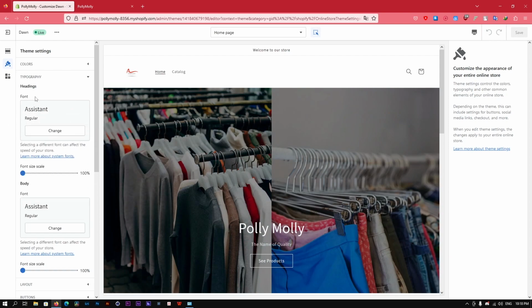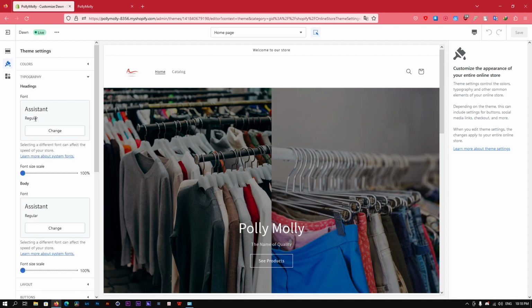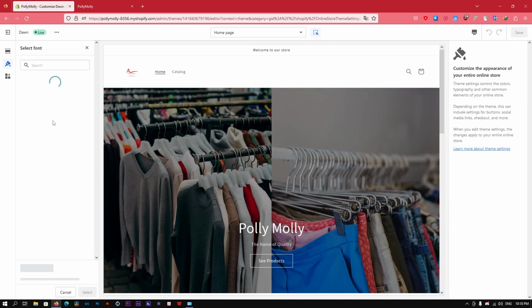the font, right? It's the heading font, and then we have the body font, and similarly, we have the scaling here. And so we're going to change the font, right? So we're going to click on change here. As you can see, we have the Assistant here. The font is the name of the font, right? So we're going to click on change, and after clicking on change, we're going